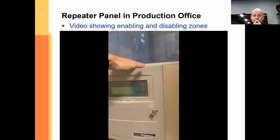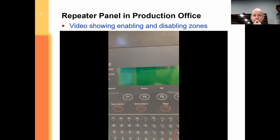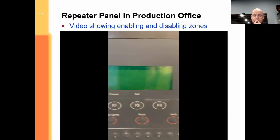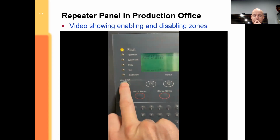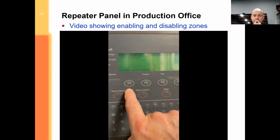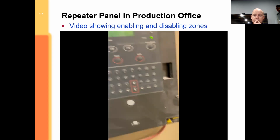So the first thing to do is to open up the panel by turning the key and pulling it open, and then you'll see in front of you the main information panel and then your typical sheets. So the first thing to do is to press the menu, and that will give you a series of options, and it's mainly F1 and F2 are your kind of main function buttons. With the information that's provided,